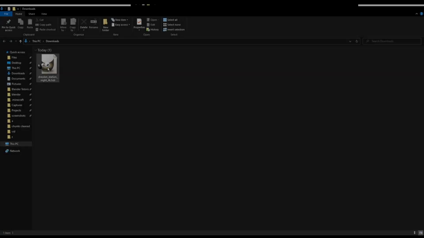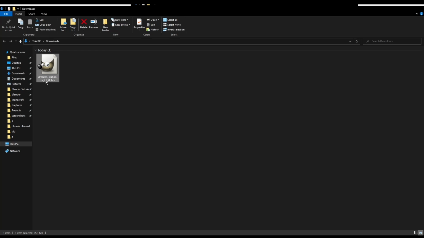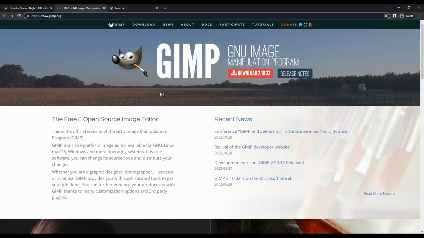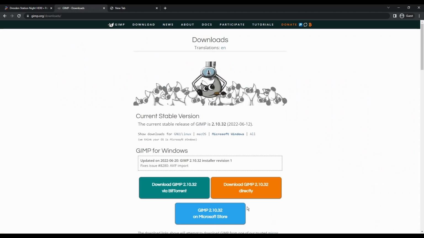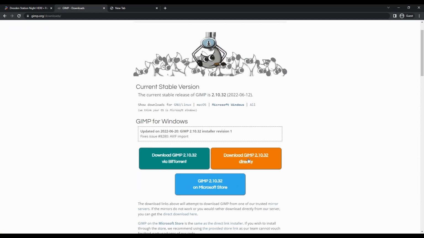Once you have it downloaded, you sadly cannot open it with Paint. So what you're going to have to do is get GIMP. I already have it, but I'll show you where to get it. Okay, so either you can go to gimp.org or you could go down in the description and I'll have it linked. So you go to Downloads, Download GIMP directly,